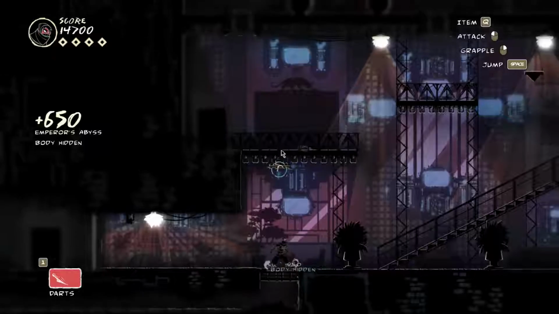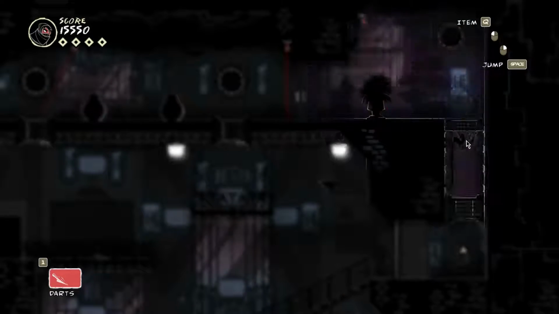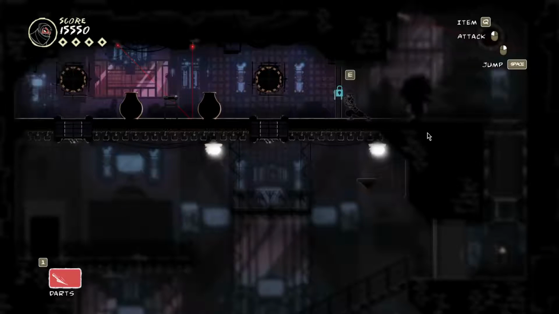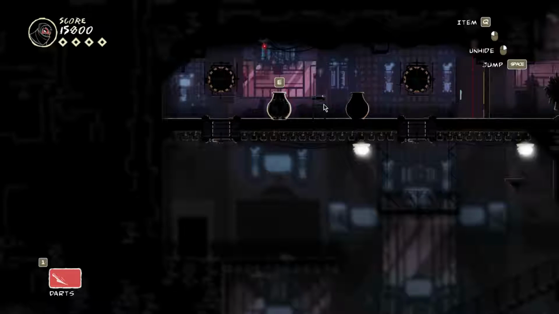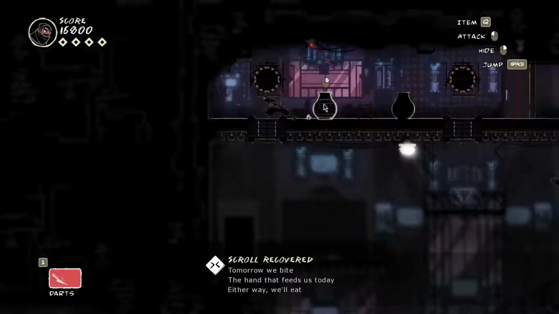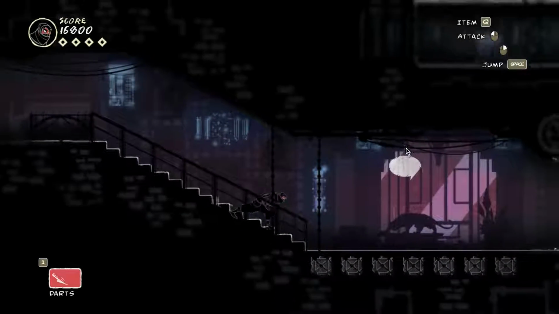There we go. What's up here? Ah, there's a scroll right there. Cool. Tomorrow we bite the hand that feeds us today. Either way, we'll eat. That's ominous. Well, I might be looking at the 19,000 score. Score's always annoying to get, so...